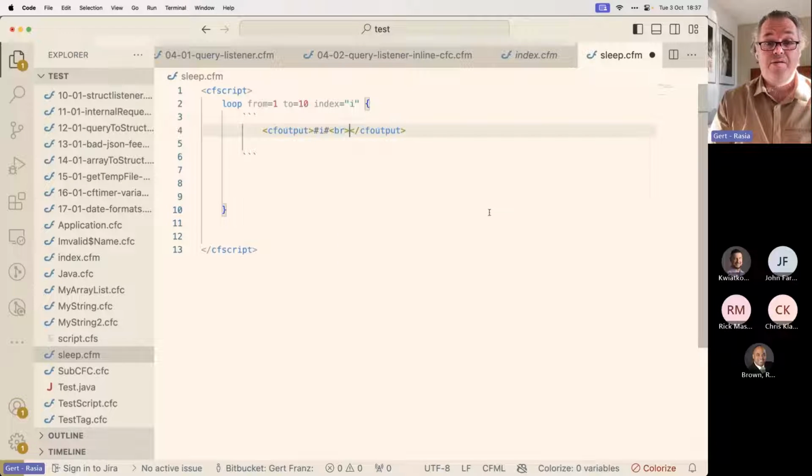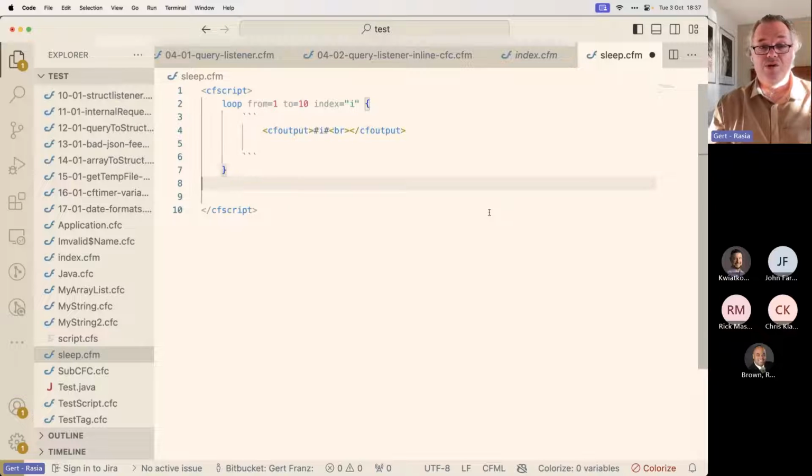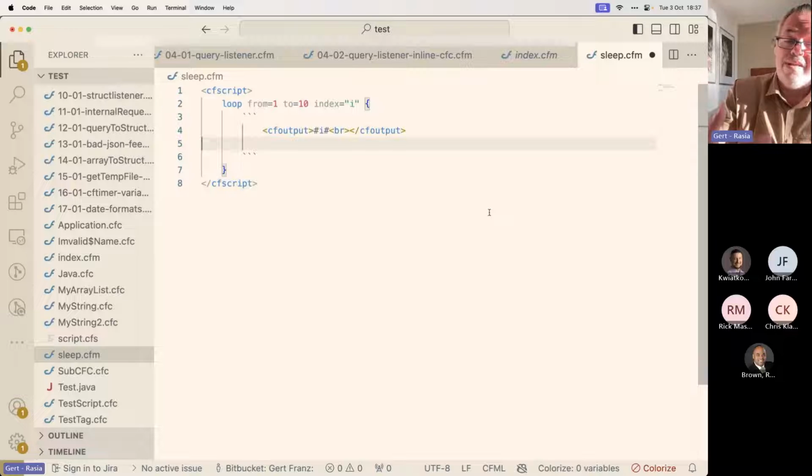And then a break. But sometimes when you have a script and so let's say a component which contains a view or parts of a view, then you can just write everything in script because I would tell everyone, please use script if you want to, or if you can, because it just produces way less noise and way less output. And if you want to switch back to tag for whatever reason,